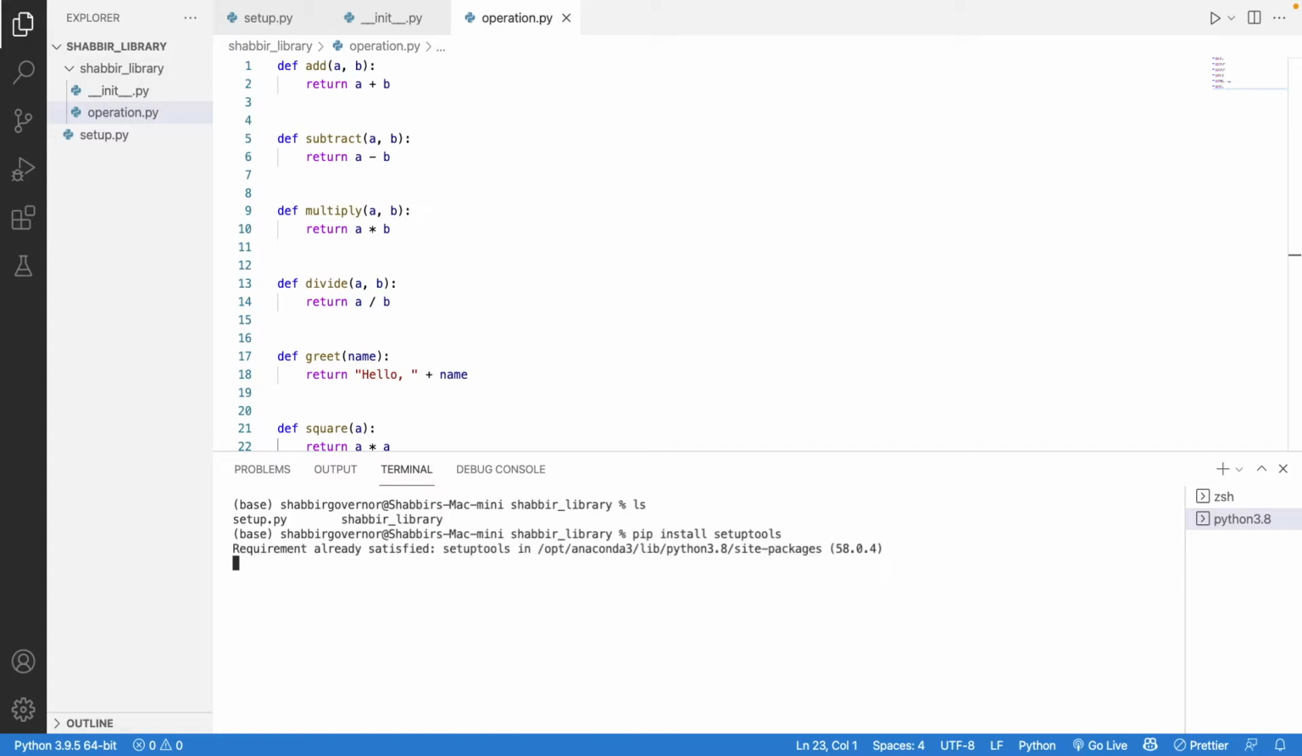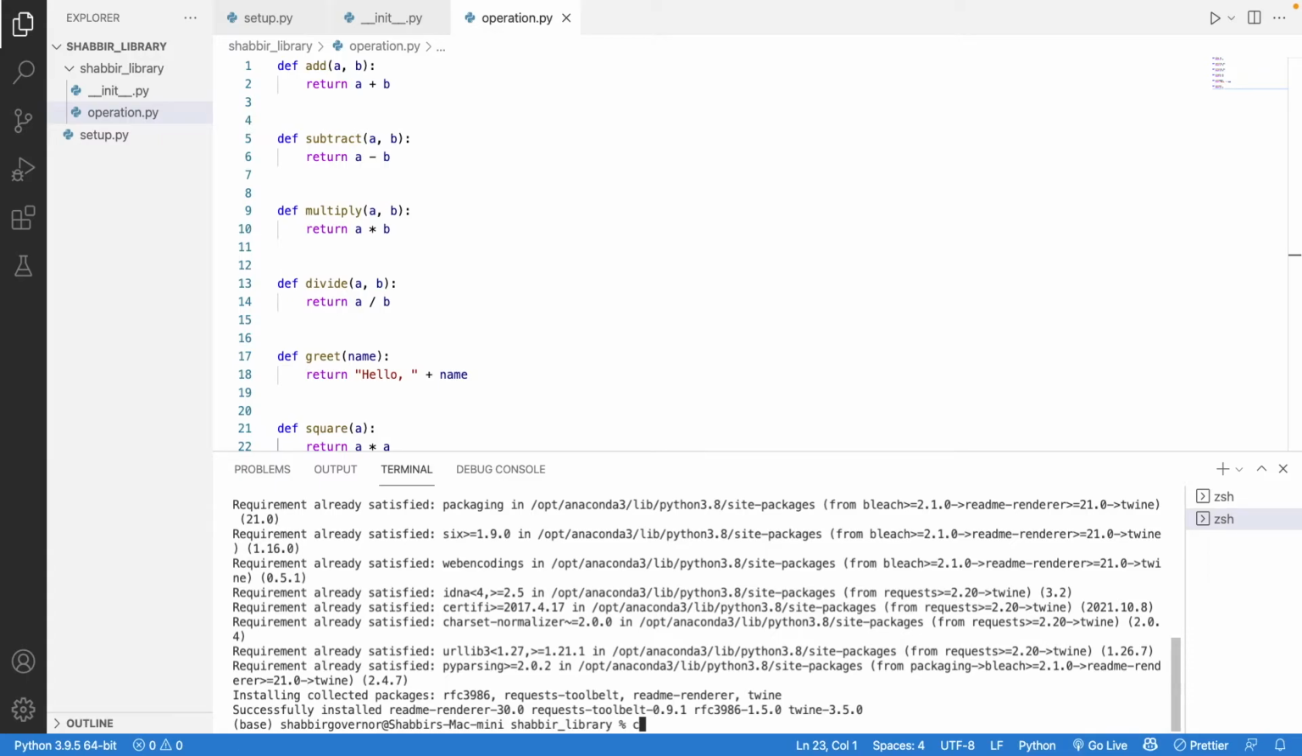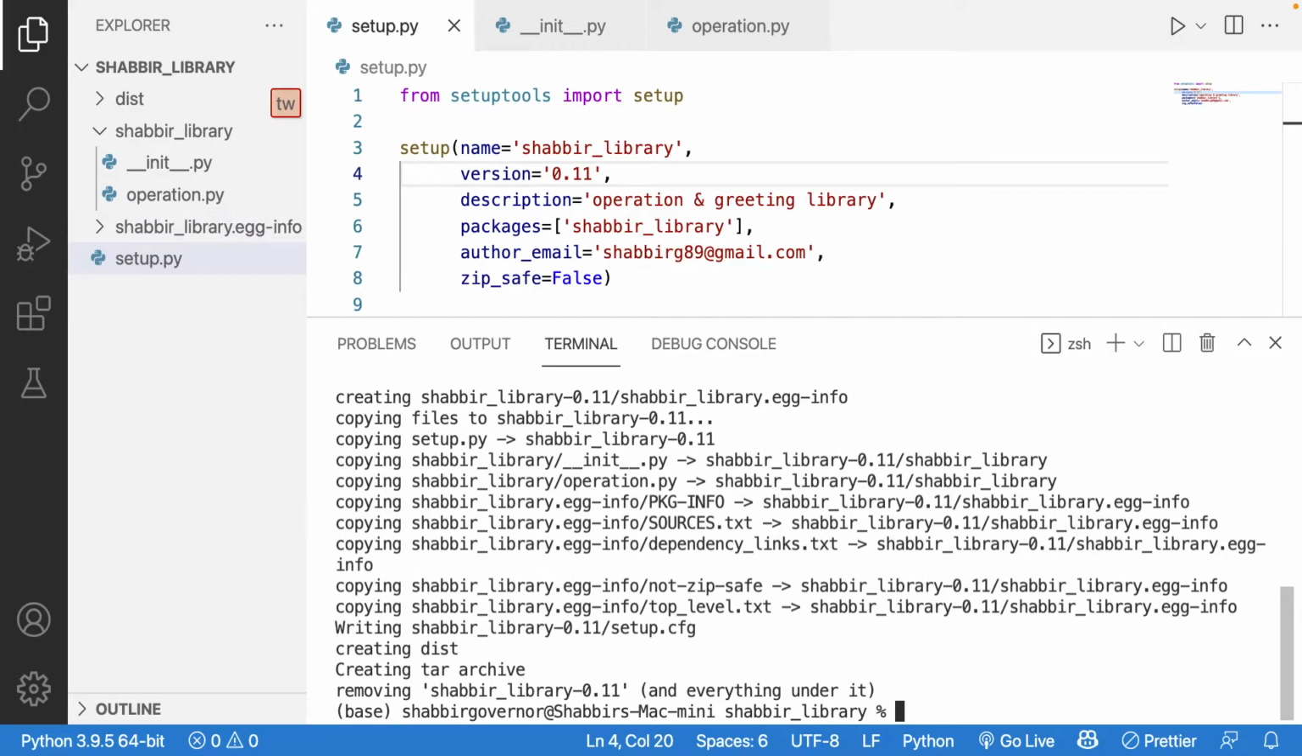So here you see it is already satisfied. Second is Twine. So Twine also you require. So Twine is also satisfied. We already have Twine here. Python setup.py sdist, and we have this. Now we upload it using twine upload